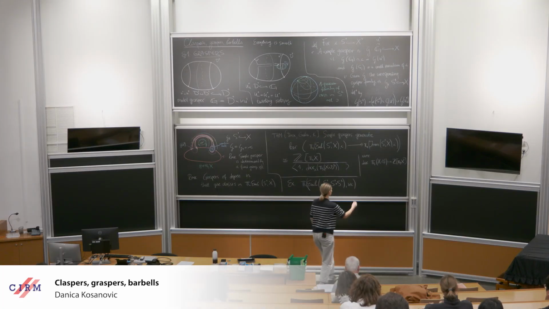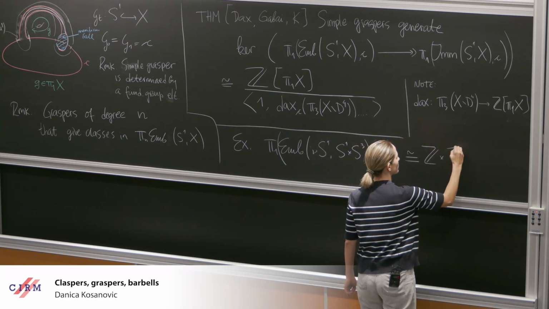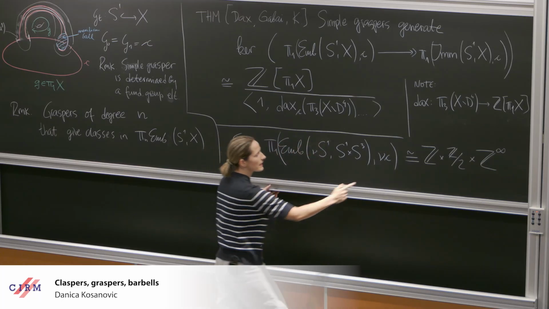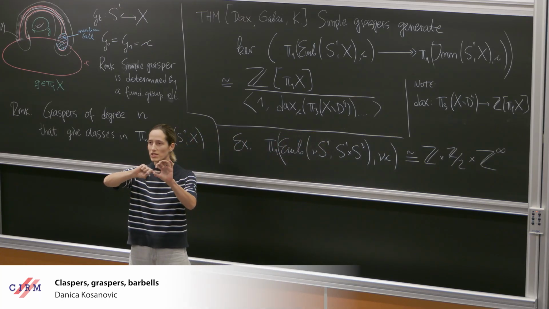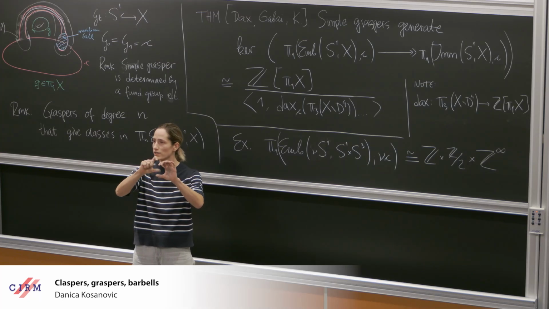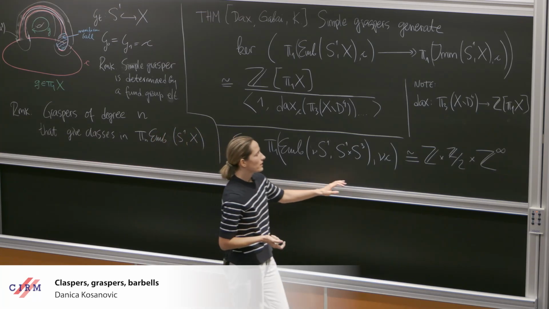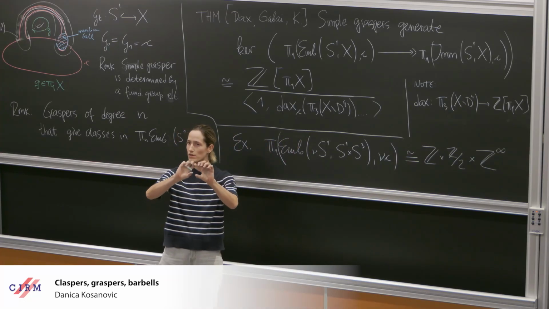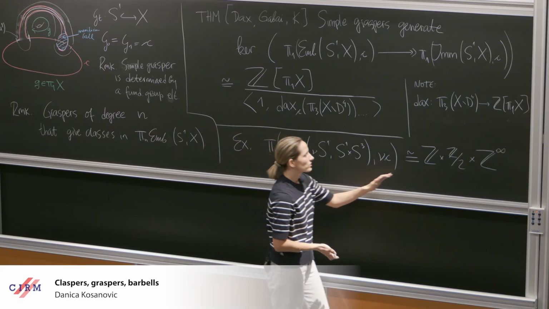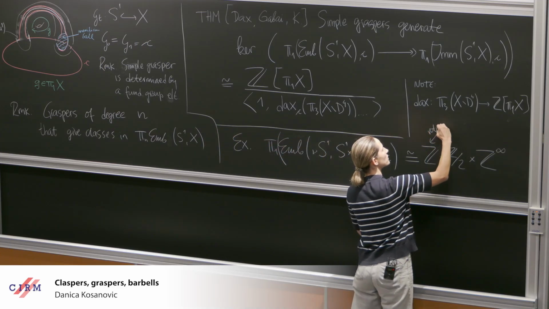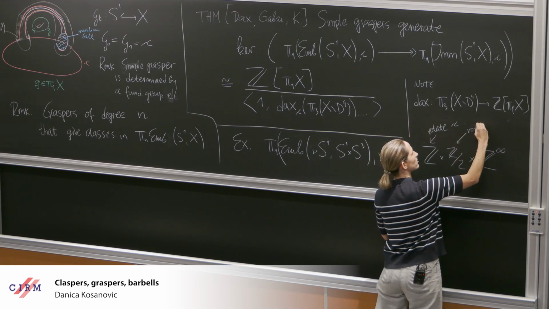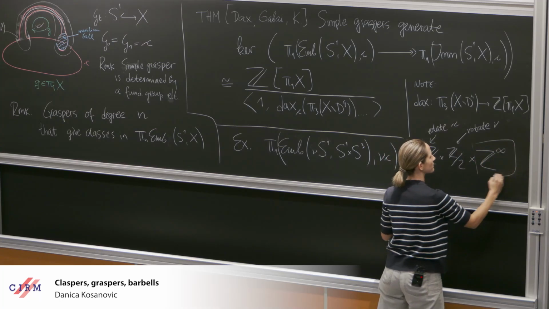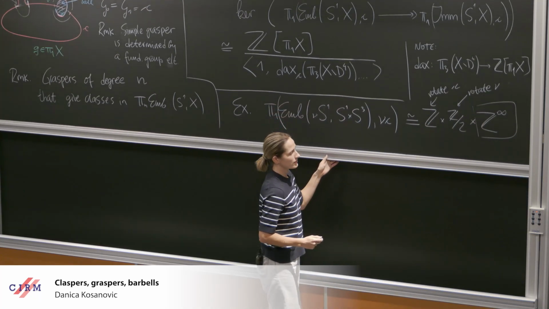And this is going to be isomorphic to Z times Z/2 times Z^∞. This Z comes from the family of circles, which just rotates the circle. So you just rotate it as time passes. This Z/2 is just the framing. You can just rotate all the normal disks, and because it's 3-balls, it's just going to be of order 2. So this is rotate the circle, this is rotate the framing. And this one is simple graspers, and there's infinitely many of them.